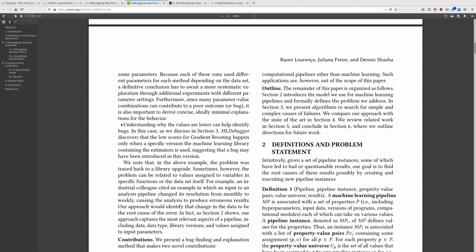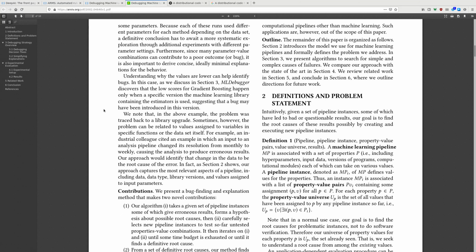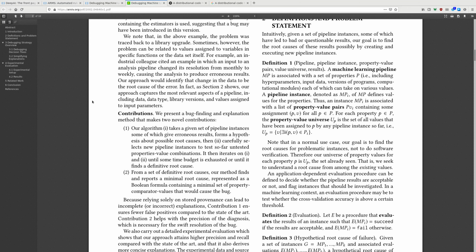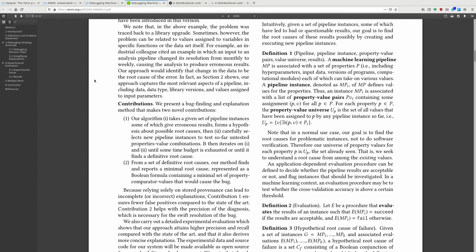Furthermore, since many parameter value combinations can contribute to a poor outcome or a bug, it is also important to derive concise, ideally minimal, explanations for the behavior. Understanding why the values are lower can help identify bugs. In this case, as we discuss in Section 3, ML debugger discovers that low scores for gradient boosting happen only when a specific version of the machine learning library containing the estimators is used, suggesting that a bug may have been introduced in this version. Note that in the above example, the problem was traced back to the library upgrade. Sometimes, however, the problem can be related to the values assigned to variables in specific functions, or to the data itself. For example,